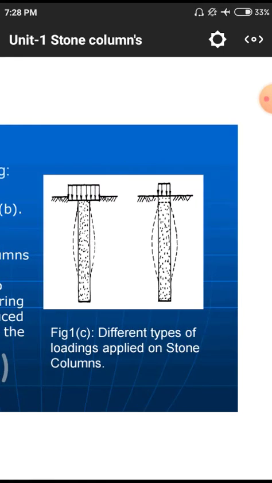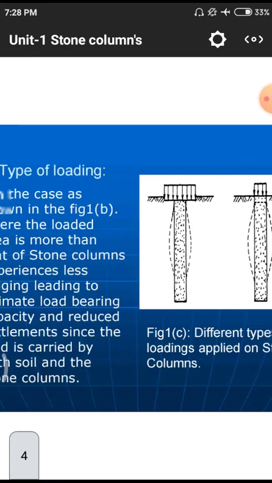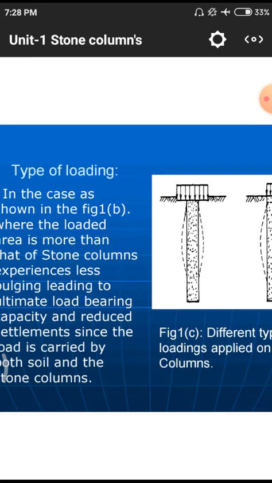In this diagram itself, we have less buckling in the first case, but in the second case we have a huge amount of buckling because the total load is applied on a single stone column itself, so there may be a huge amount of buckling compared to the first case. This is the phenomenon of how we need to apply a load and how we need to design. If there is a huge area, we have to build the stone columns in a small pattern, so there may be less buckling. If we construct over the total area, the stone column also has to bear a huge amount of deflection.